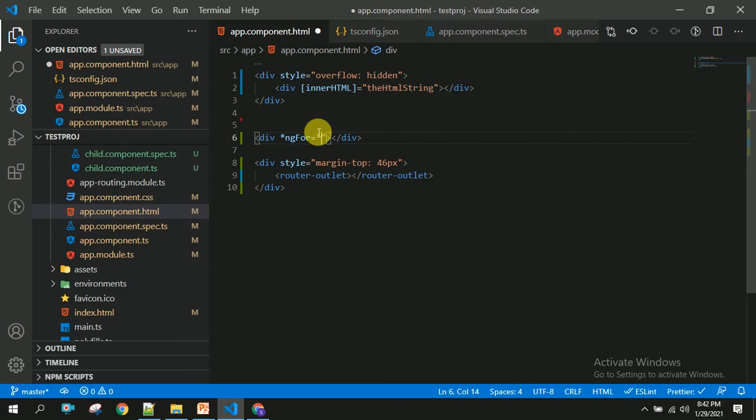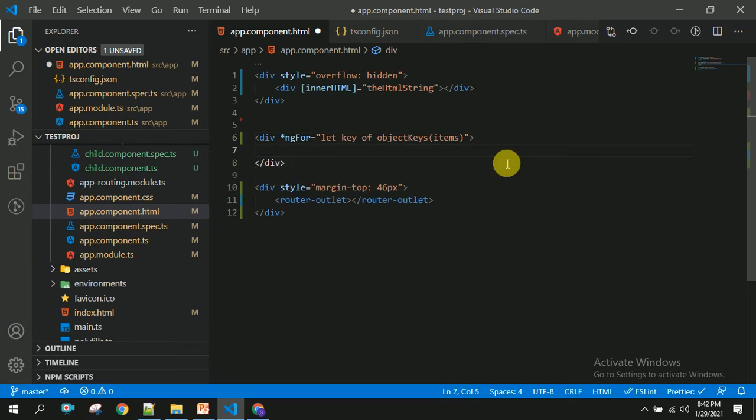So let key of object keys, parenthesis items. This is the object which we have taken in our TS file, and this is the variable of object keys, and here I am going to use interpolation.